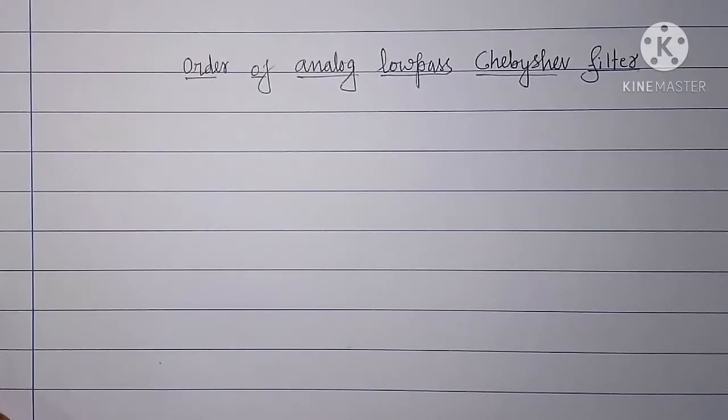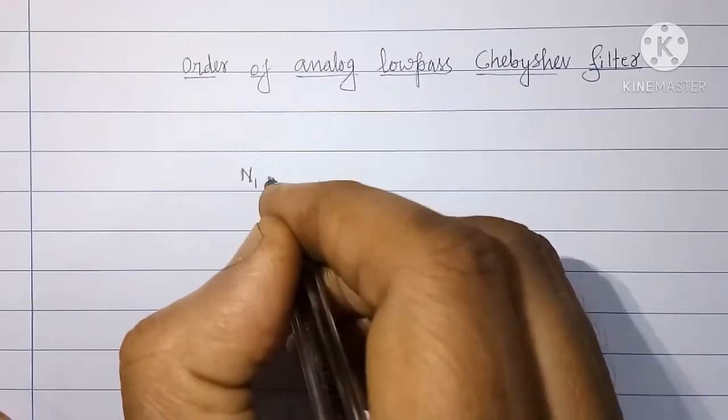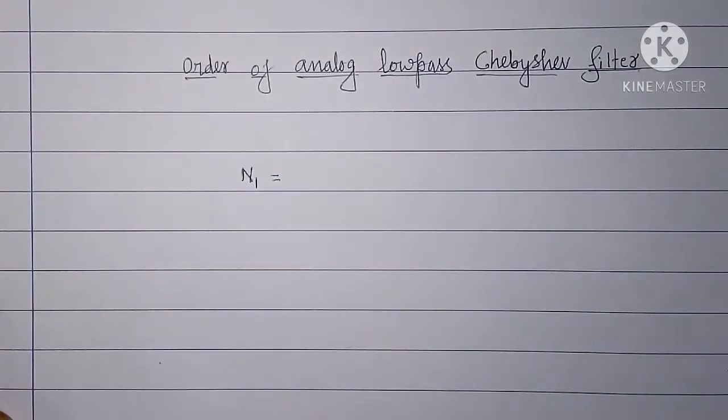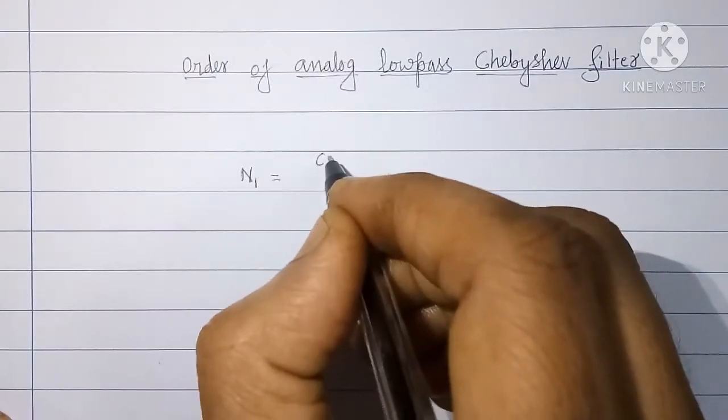Dear students, in last class you have learnt how to write the transfer function for an analog low-pass Chebyshev filter. Today we will see how to write the order of analog low-pass Chebyshev filter. Order of analog Chebyshev filter is